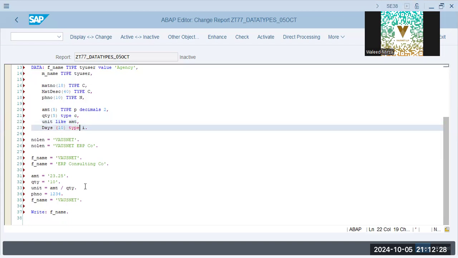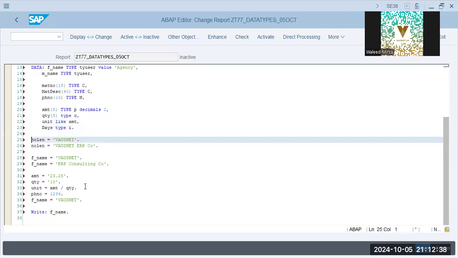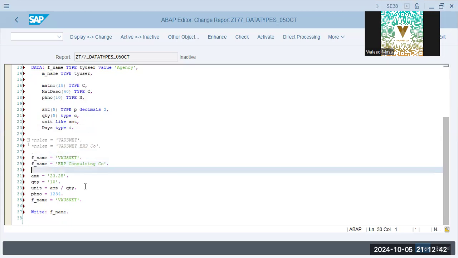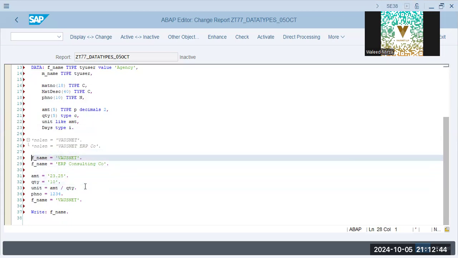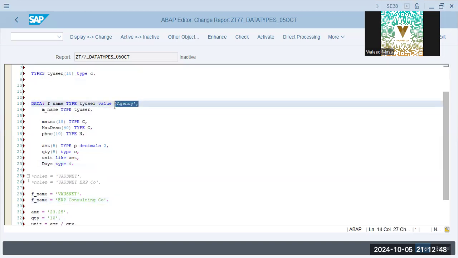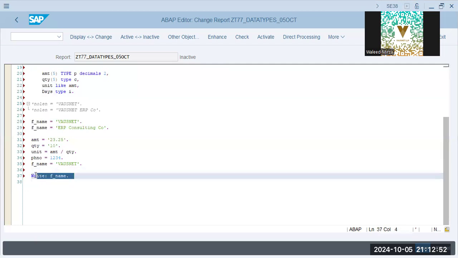Days 10, we don't need days. Type I. We don't have any length. Okay, we will disable it. F name is equal to VAUSNET, and since we have defaulted it by agency, it will get replaced. So what we can do is